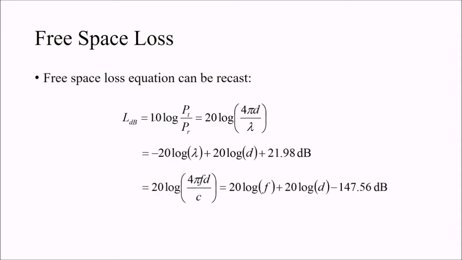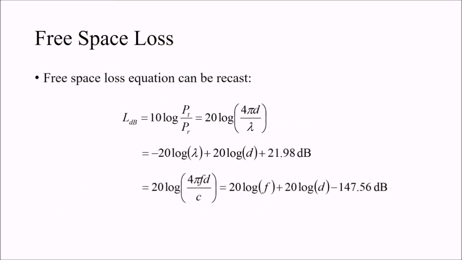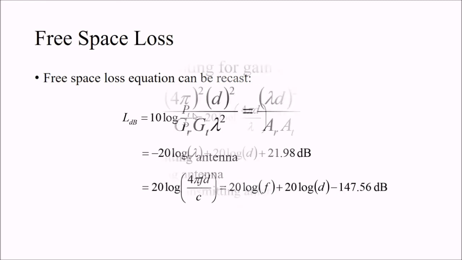This free space loss is for an ideal isotropic antenna, and it can be recast as 10 log, in terms of decibel. Decibel is what? It is not a unit, but a representation of power levels, the ratio of two power levels. It can be represented in the form of 10 log, and this is base 10. So Pt by Pr is (4 pi d by lambda) to the power 2. The 2 goes here, so it becomes 20. And you know the property of log, so it becomes 20 log f plus 20 log d minus 147.56 dB.